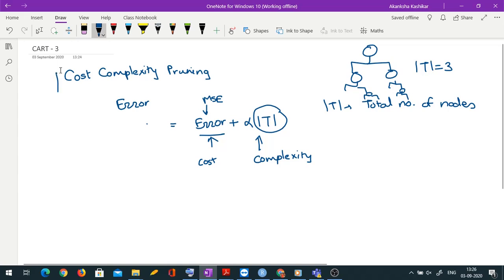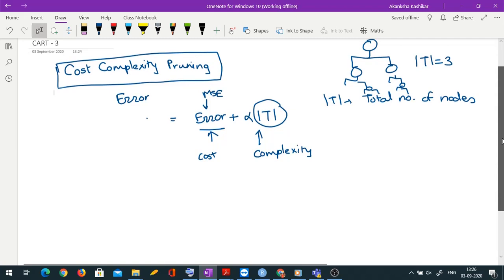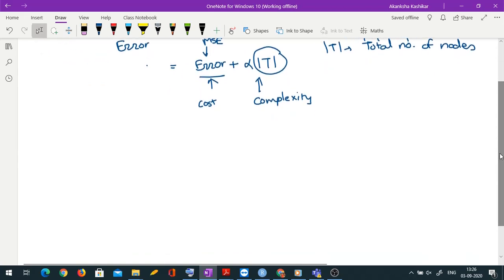So the pruning is based on both the error in terms of prediction as well as the complexity of the tree. We have to find a trade-off between the two. Okay. So how to choose alpha? This is again an issue. Okay. How to decide what is the optimal weight for complexity? Now what we can do is we can have validation approach for choosing alpha.